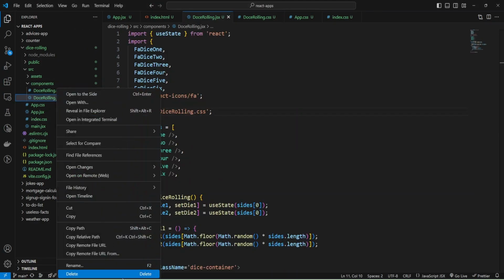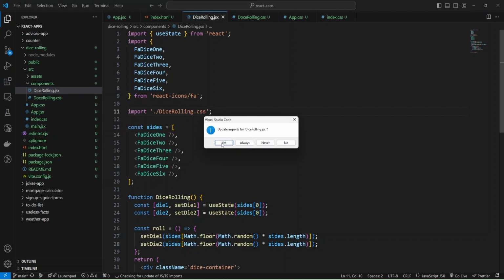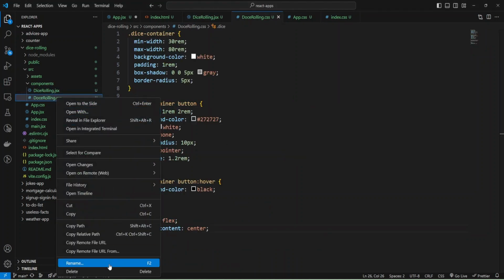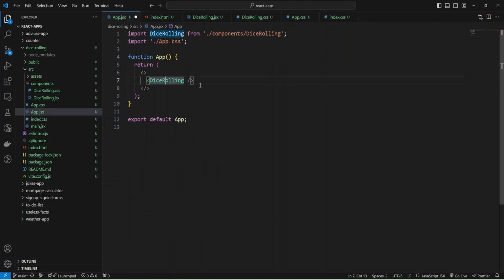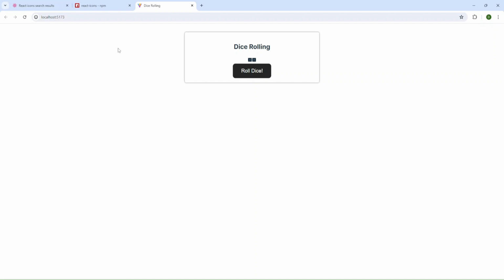Okay, I need to change file names because I provided them wrong, and update imports, and also here to dice rolling, and save, and let's check again. Okay, we have our styles, and we need to increase the size of our dice.